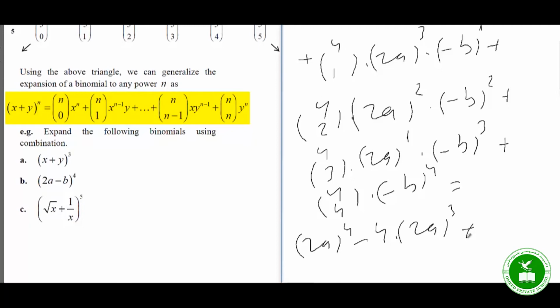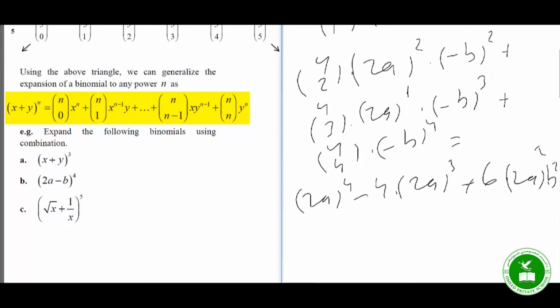factorial over 2 factorial times 2 factorial, as 4 factorial is 24 over 2 factorial times 2, that is 6. 6 times 2a completely to the power of 2 times negative b completely to the power of 2 is b squared